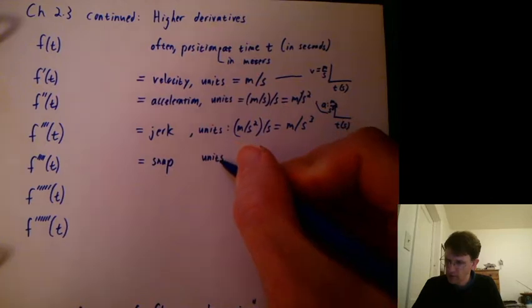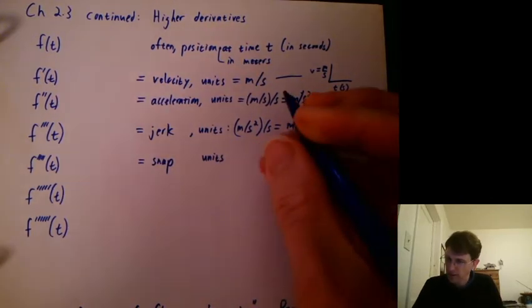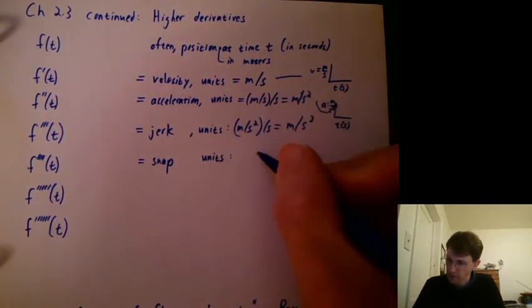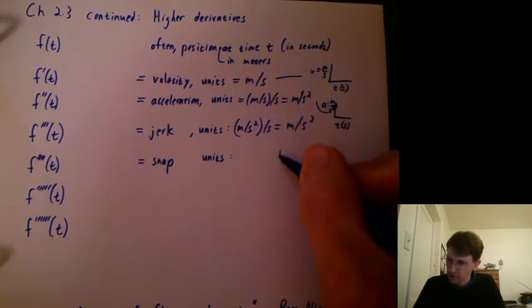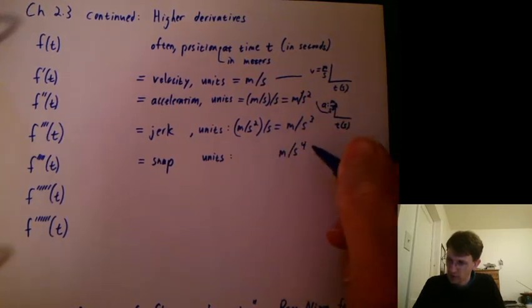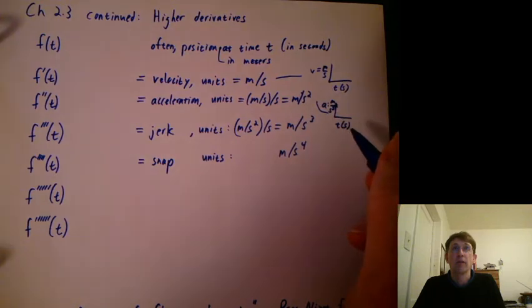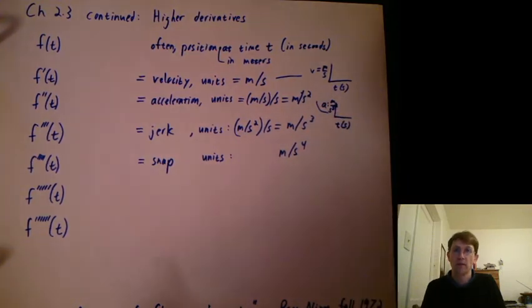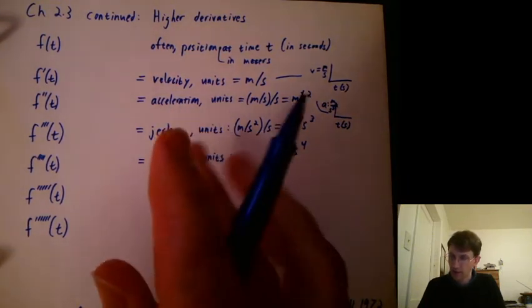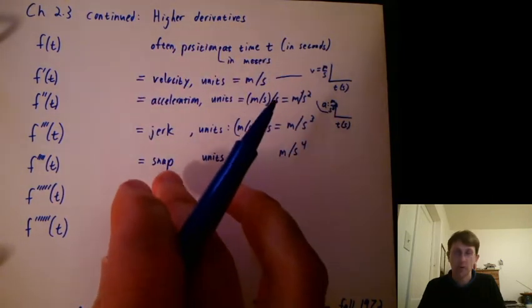I've never done any real problems with snap, but I've heard it's important sometimes. The units would be, just following this pattern, meters per second to the fourth. I've heard when they were designing the Hubble Space Telescope, they had to consider all the derivatives of motion up